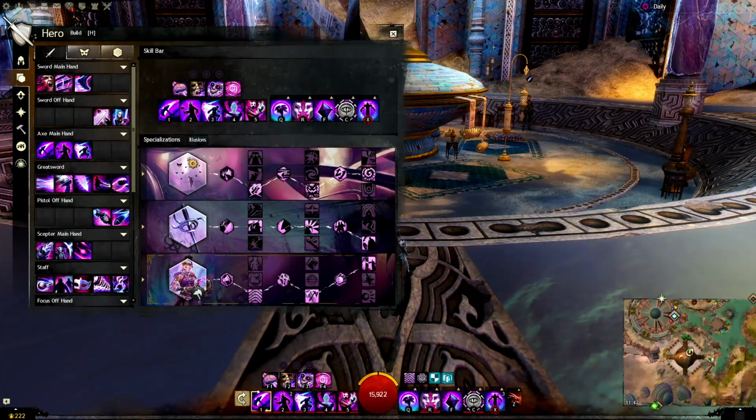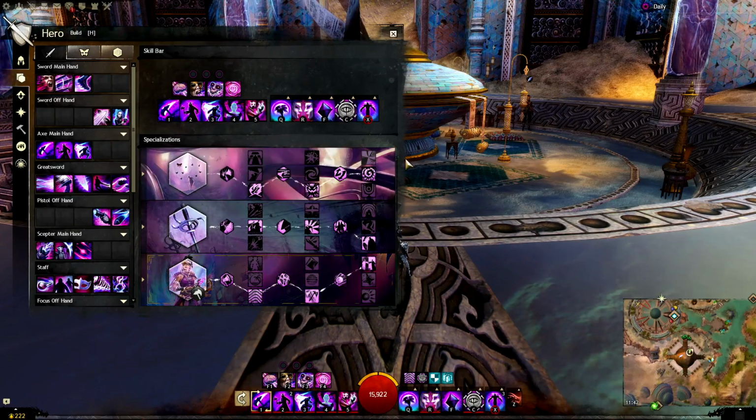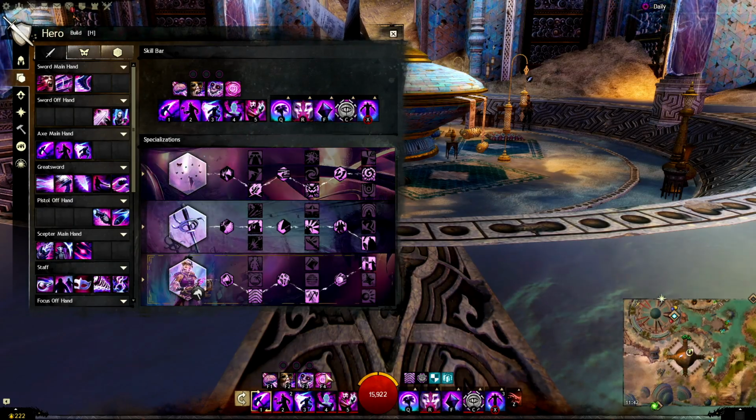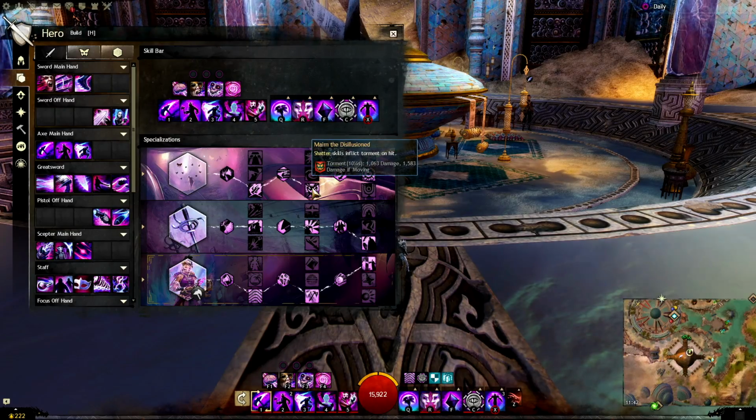So for the specializations, we have Illusions, Dueling, and Mirage, obviously. And we're going to be focusing heavily on clones and their damage, instead of Phantasms, which normal Mesmers do. So what do we have here? We have the Pledge. Reduce recharge on torch skills. We're running a torch, so a bit more burning from your torch. Great. Shatter skills,